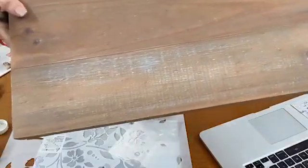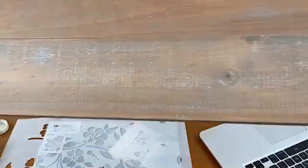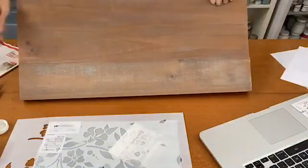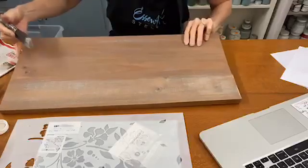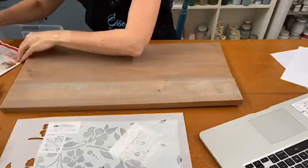See how it just creates that sort of a fake barnwood, driftwood kind of a look. So I'm just adding a little bit so you can see that difference there. I did the dry brushing using a grey colour, but I think if I just do a little bit of a pop of a lighter colour, it gives it more of a